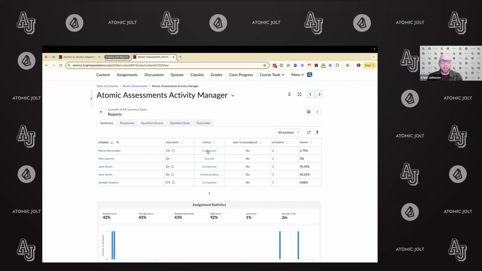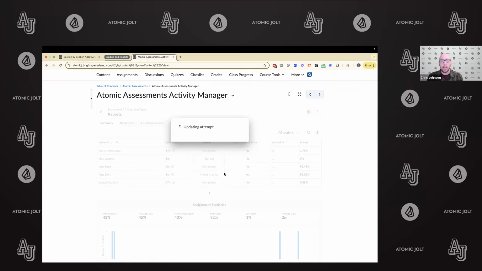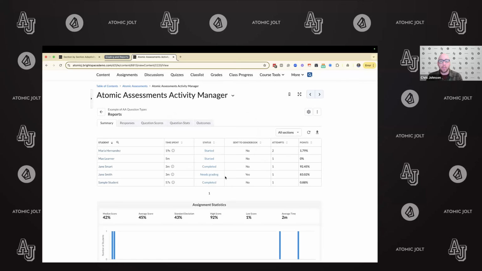It allows you to moderate. So in this case, where Maria only got 1.79%, we might ask her what happened and if she had any trouble. It looks like she only had 19 seconds. So we can give the students some additional time. In this case, I'm going to give her the full 90 minutes back. I can also review how each of the students